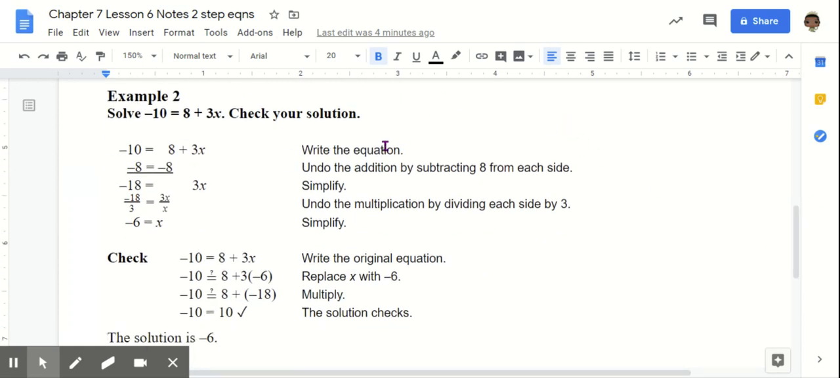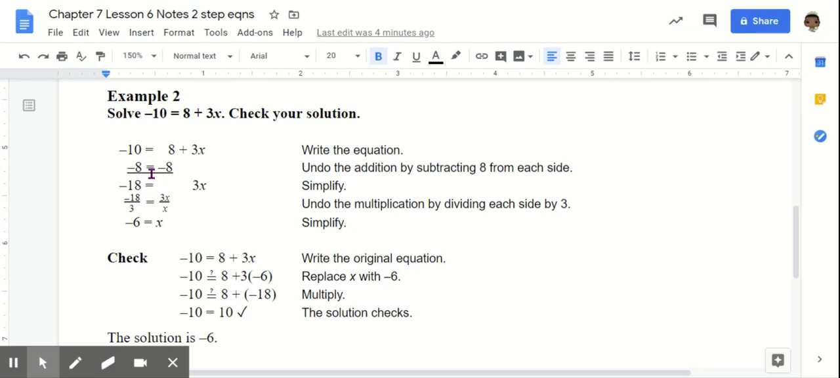Example 2. So for this one, it's negative 10 equals 8 plus 3x. And even though they put the variable on the right side, we still do the same process. Step 1, we're going to undo either the addition or subtraction. We see that we have addition here. We're adding a positive 8 to 3x. So in order to undo that addition, we're going to subtract 8 from each side. So we're going to have a negative 8 here and a negative 8 here. So a negative 10 minus 8, or plus a negative 8, gives me a negative 18, equals a positive 8